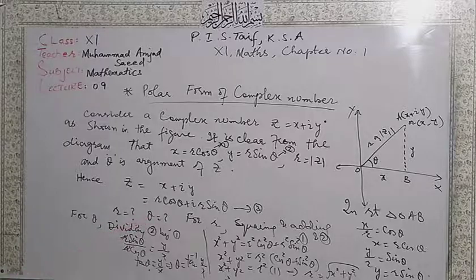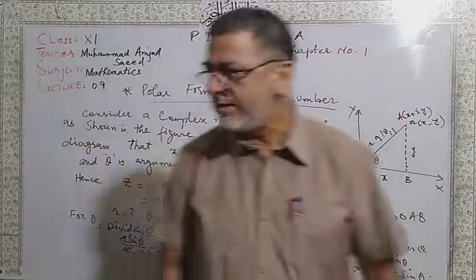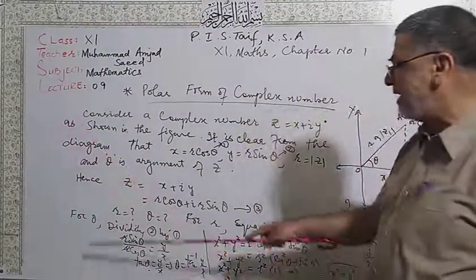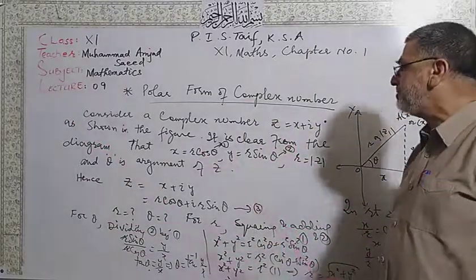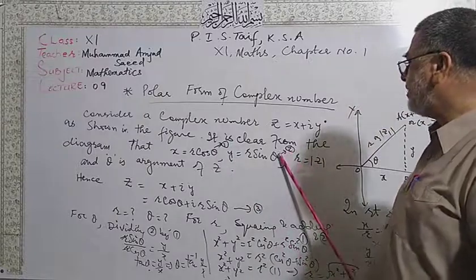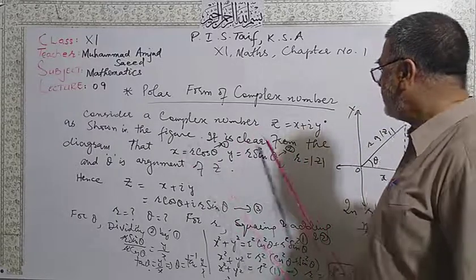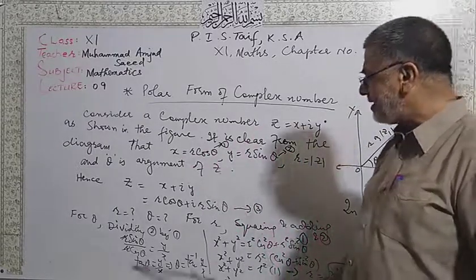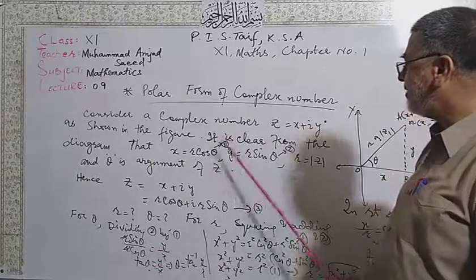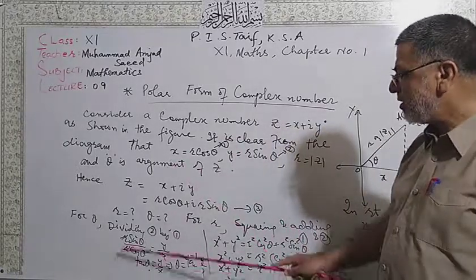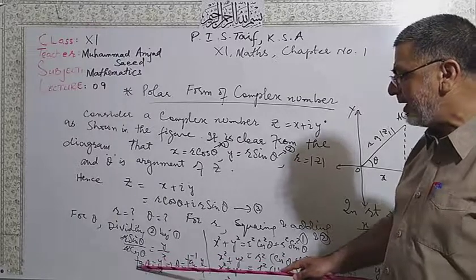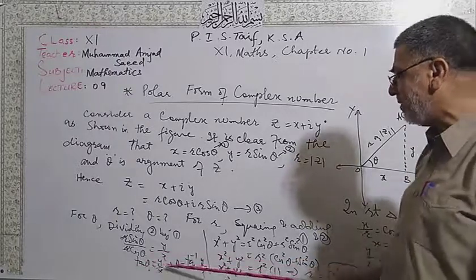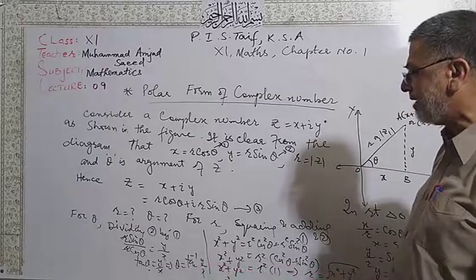After that, the second unknown value is theta. So dividing equation 2 by 1, right divided by right, left divided by left. So r cancels, this is tan theta is equal to y over x, and bringing tangent to the right hand side, it becomes theta equal to tan inverse of y over x.